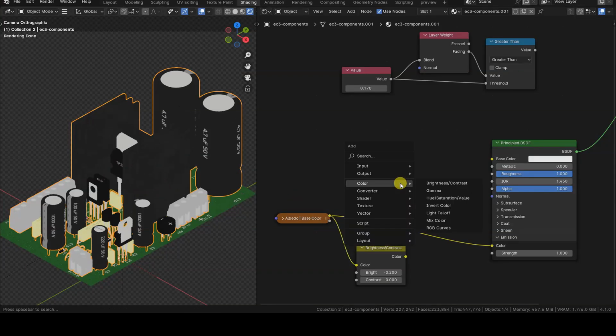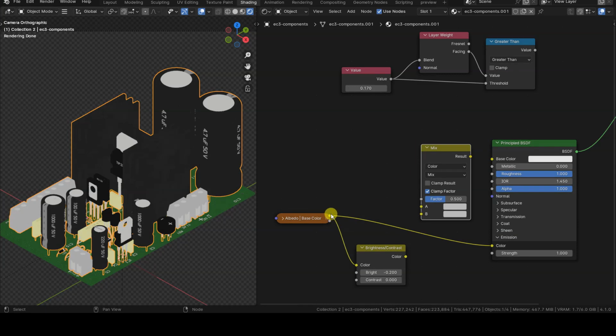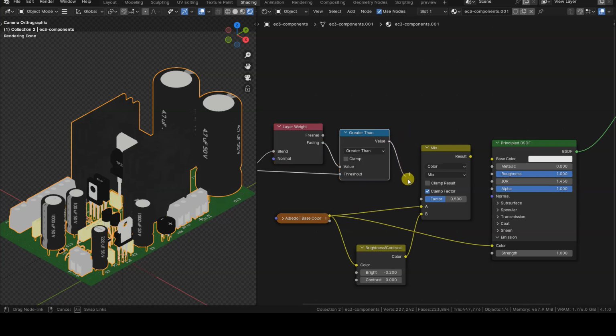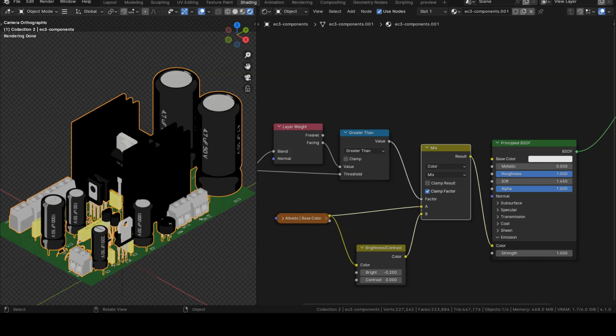Insert a Color Mix node and connect the color output of the albedo texture to one of the image inputs and the output of the Brightness Contrast node to the other image input. Connect the output of the Greater Than node to the Factor input of the Color Mix node just added to the setup. Finally, connect the output of the Color Mix node to the Emission Color input of the Principled node.